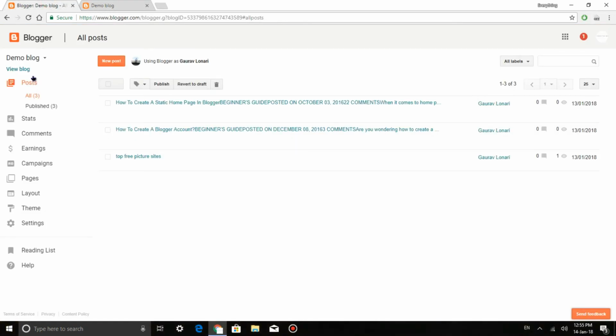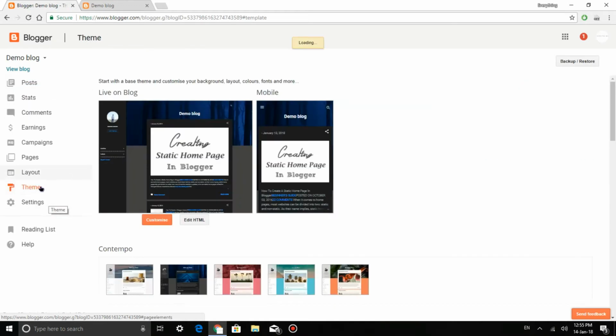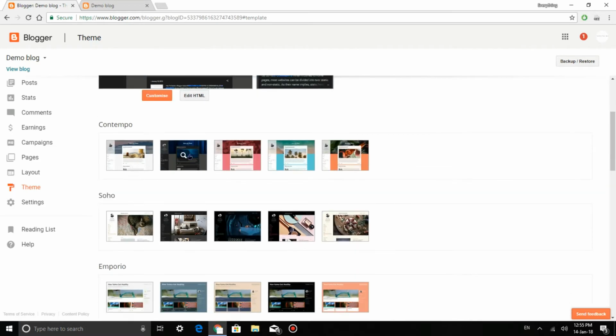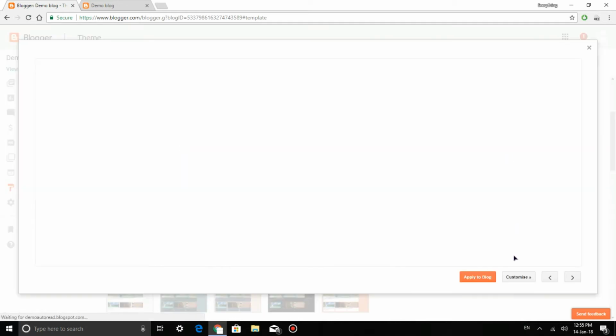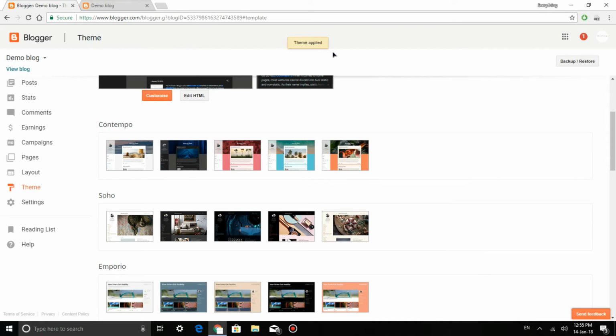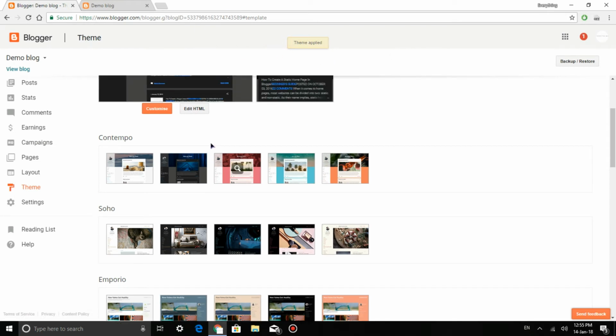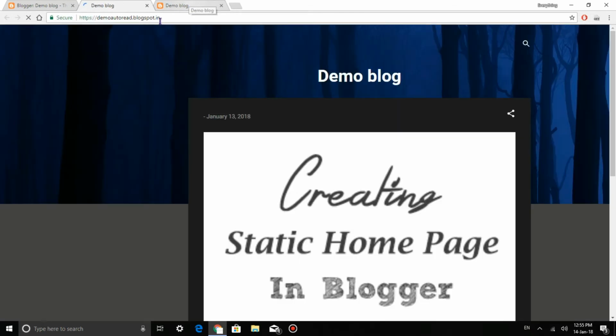You also log into your blogger account and then go to themes. In themes, we don't have to enable edit HTML, but we have to go to themes, search for this theme, Contempo, and apply it. Apply to blog, theme applied. So it shows, and I just click on view blog, and here you can see